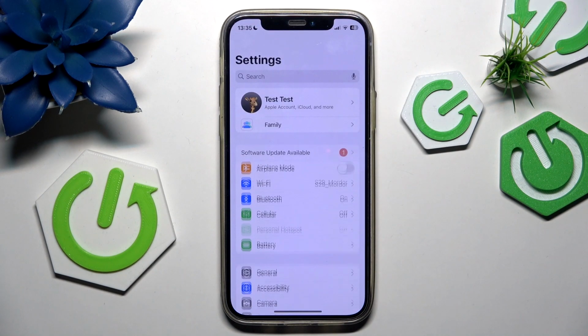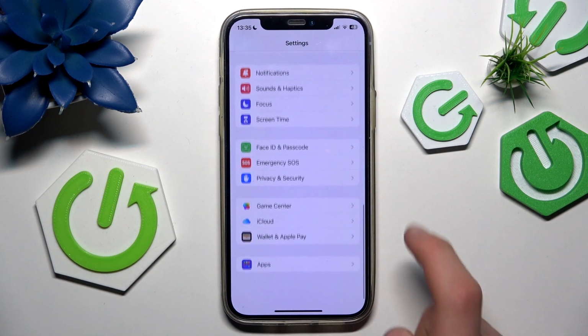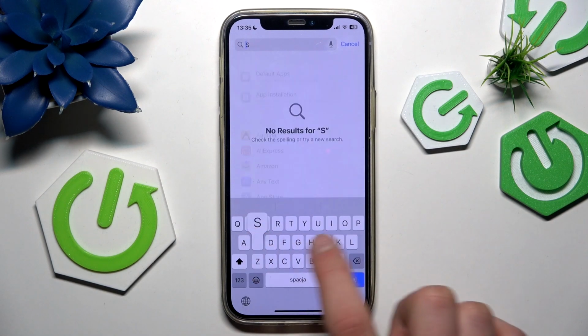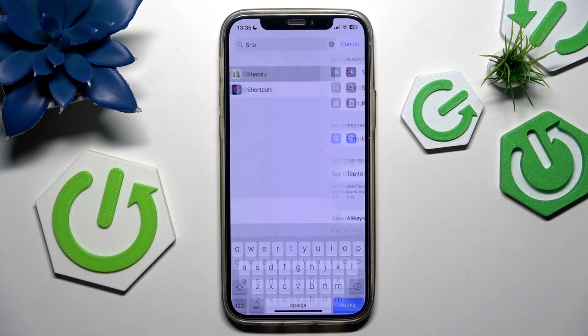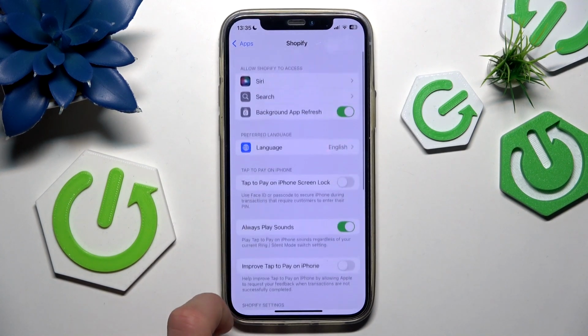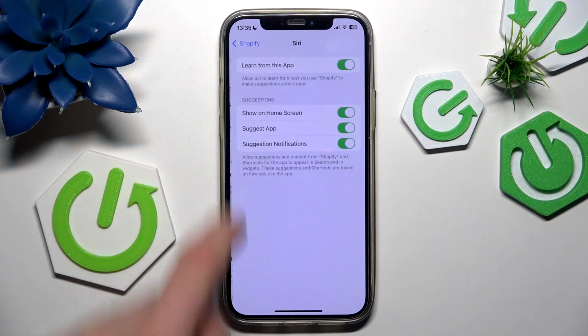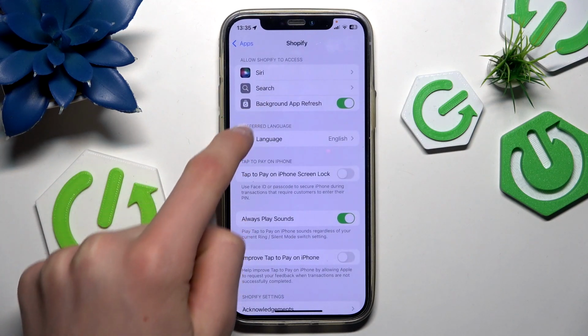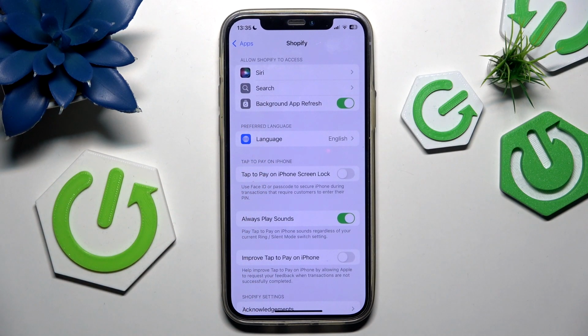When you have the newest version and you still have the issue, you just need to go up to the settings, go all the way down to apps, go here, Shopify, and you need to make sure that you have the same settings as me, like Siri, search here, language English. You don't need to have English because it can be your language, but I have English because